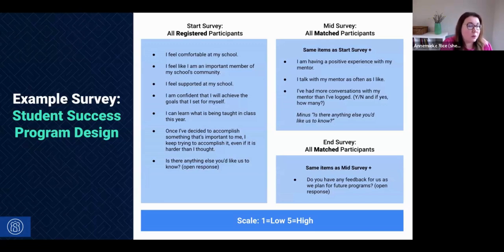Something else to note here is that there are open-ended questions asked of your students that could be very helpful for you in program design or student success strategy. So something to be aware of when Kelley shares the export is, what data do you have right now that could help you with summer programming, welcome back interventions, and some of the ways that you approach effectiveness in this next coming school year.